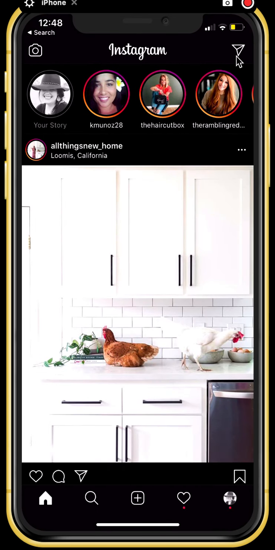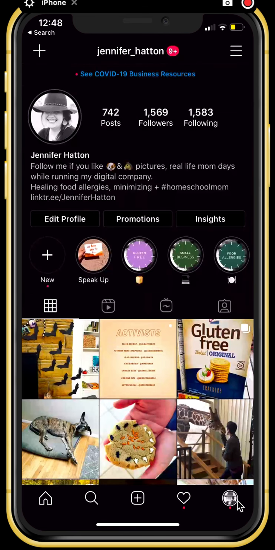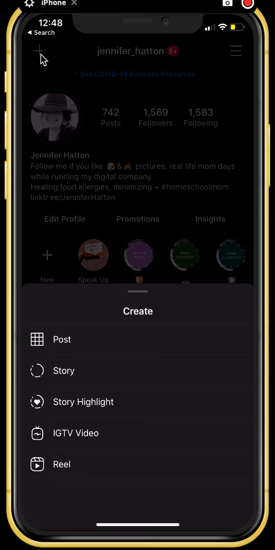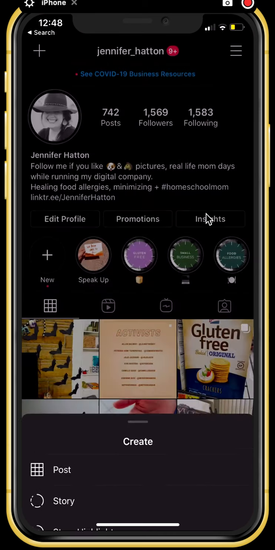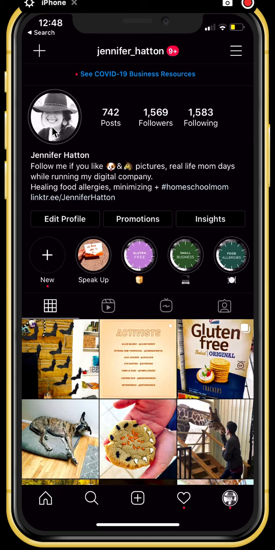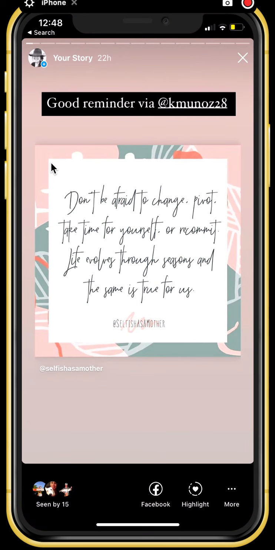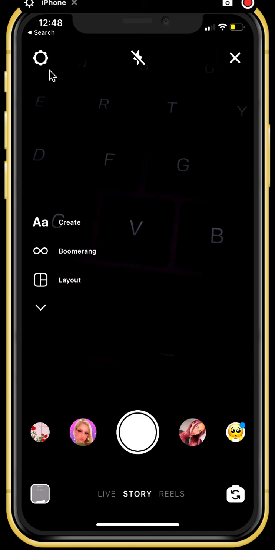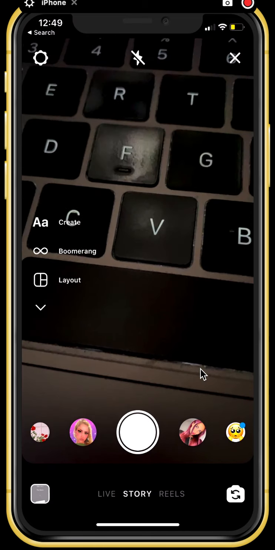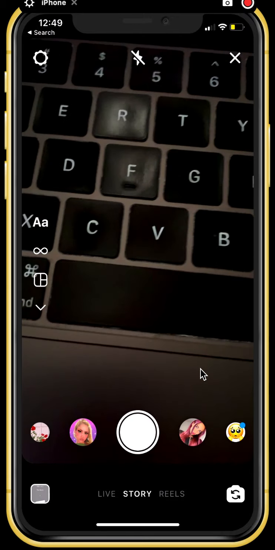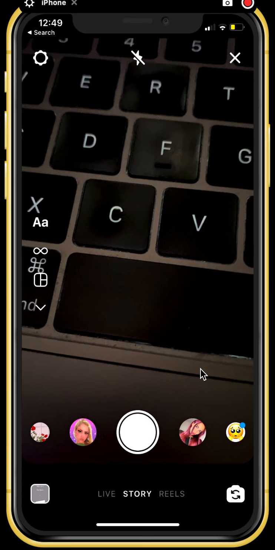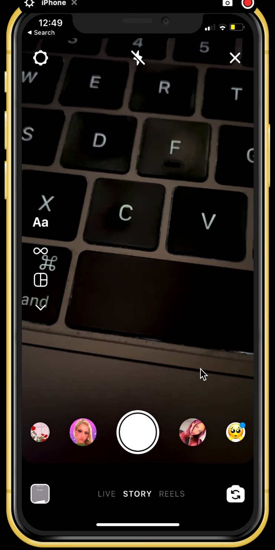Close this out. You can also come over here to your profile down in the bottom right. This is it here, and you can click the plus at the very top left, and you can choose to do a post, story highlight, IGTV video, or a reel from here. And then your other option is to click your profile photo, which takes you back to stories, and you can click the plus up in the top corner and it brings you back here again. So now that you know the 3 different ways to get to the area to make a reel,